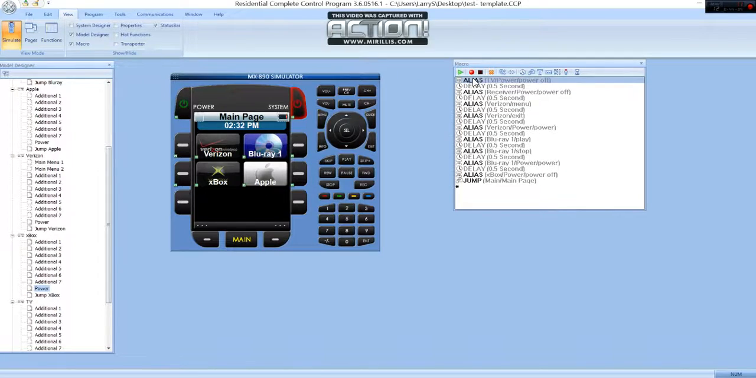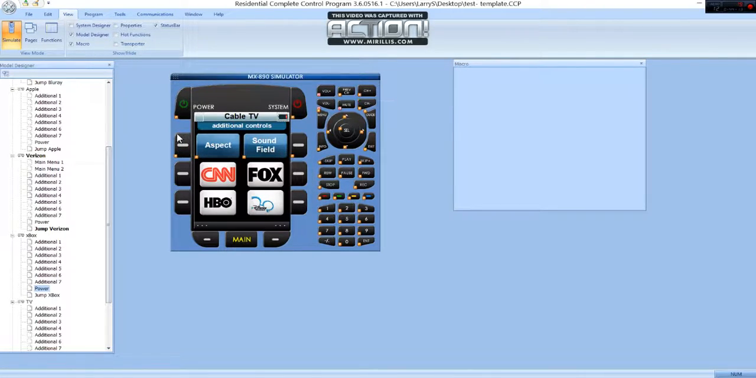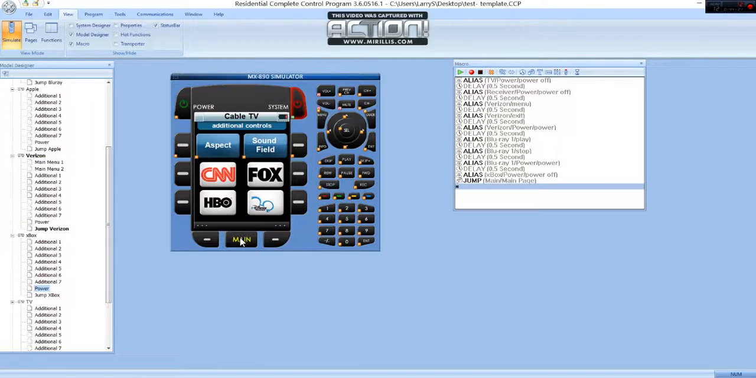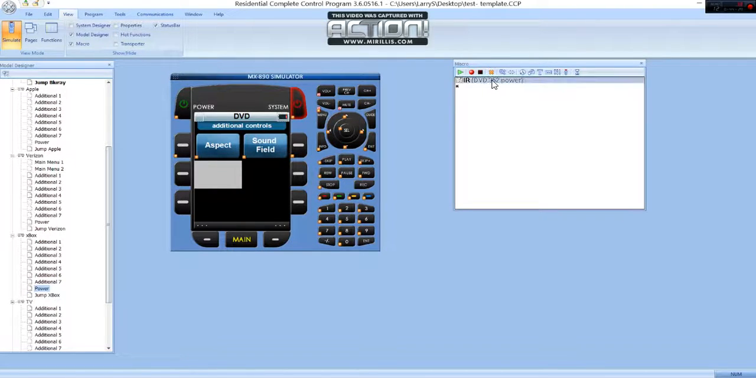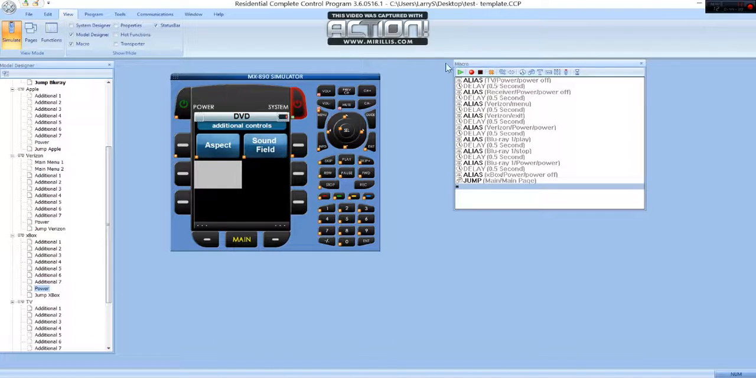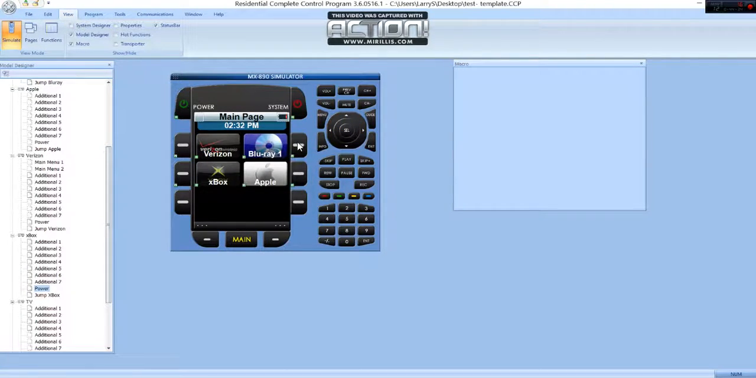So I'll select Shift and I mouse click, Control C, and I'm going to go into my Verizon and I'm going to select that button because right now it only turns off the cable. So that's not going to help me. So Control V. Go back to my main, go into my Blu-ray, go to my power, obviously. I want to turn power off, Control V. Okay. And this is